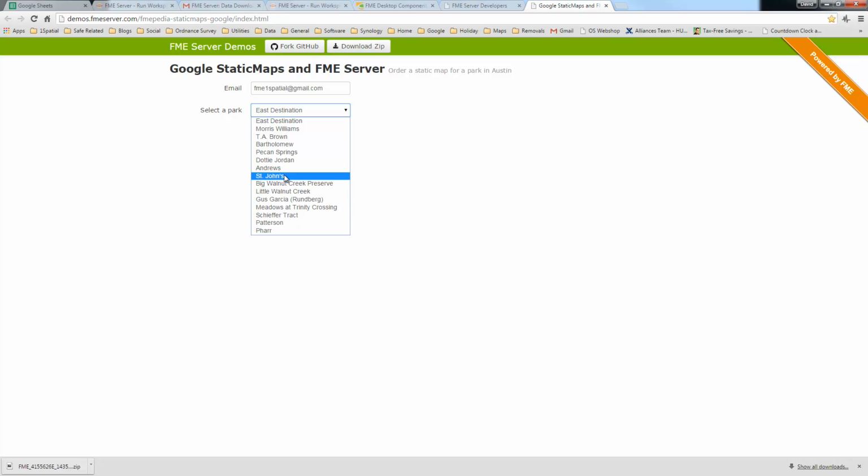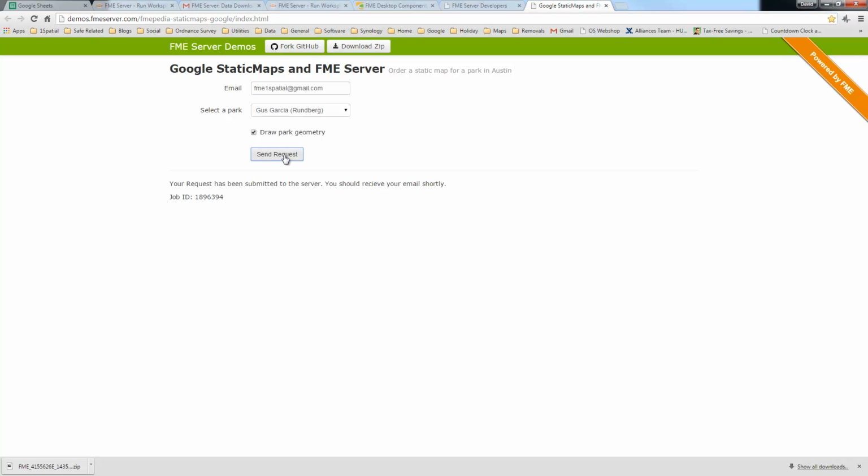So I might be interested in the Rundberg Park. So this is a park boundary, and I want to make sure that the park boundary is rasterized onto the Google Map backdrop. If I send that request, what that should do now is send an email to me,